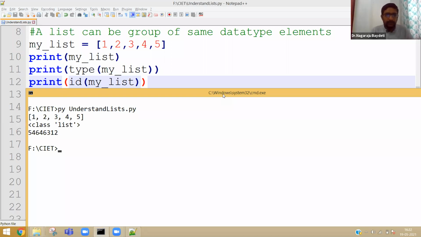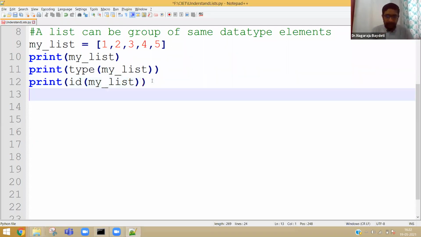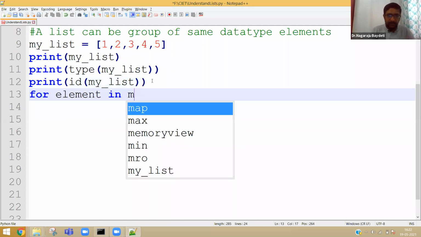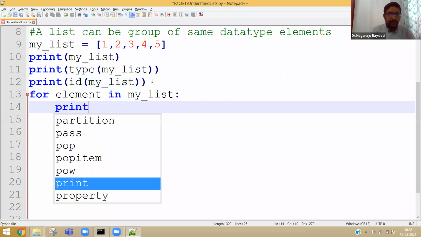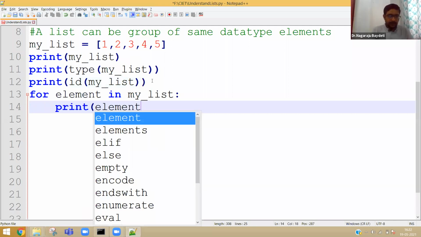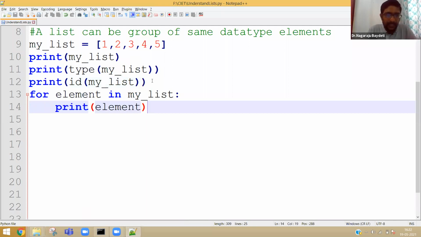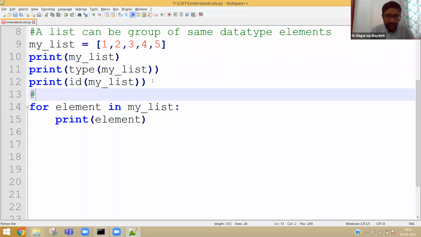Now, let us try to write a small piece of code here. That is, for element in my list, print element. What is line number 13 and 14? It is saying that a list is an iterable object. What is an iterable object?